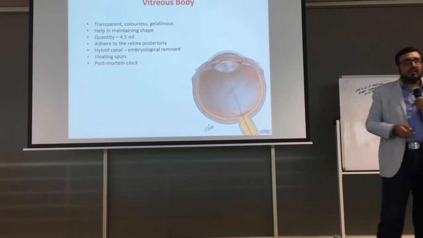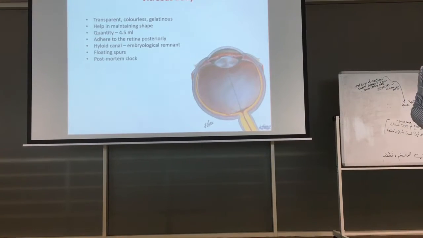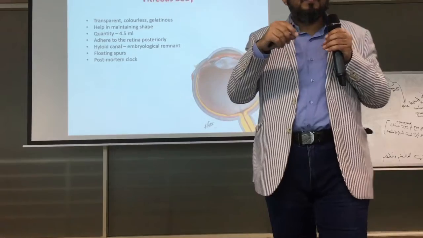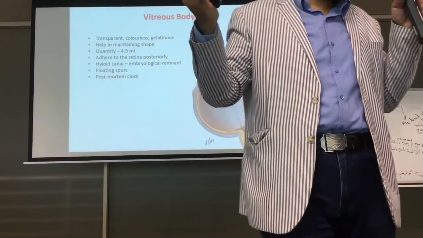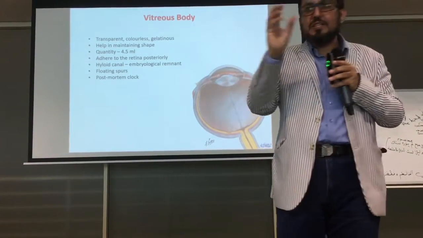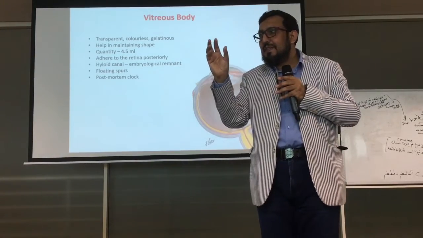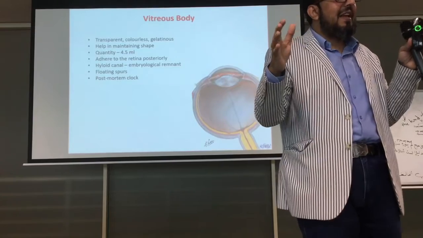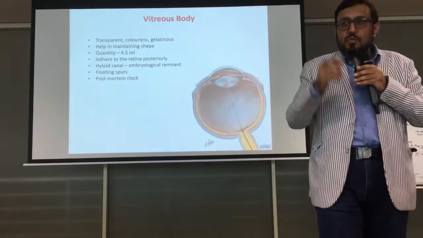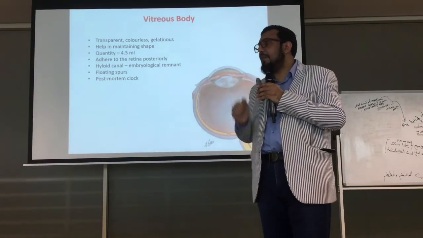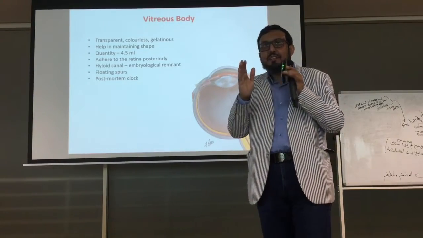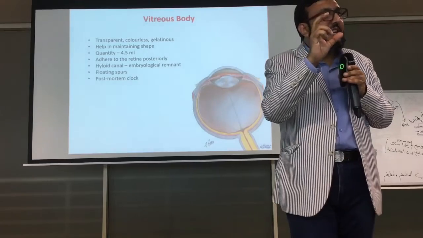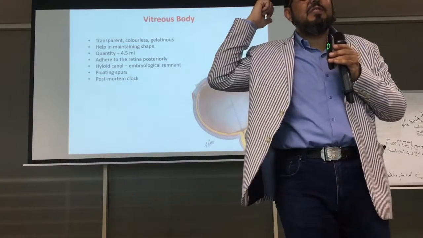Okay, coming to the vitreous body. You must have made jelly at home. What you do, you take a large bowl of water, put a small amount of the solvents, and then cook. It becomes a jelly, right? Just do one thing, take only half the packet. The jelly consistency will be much lower. This kind of jelly concentration is the concentration of